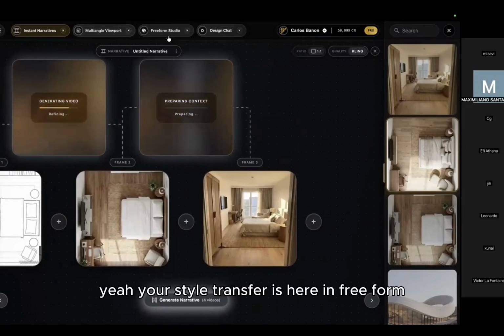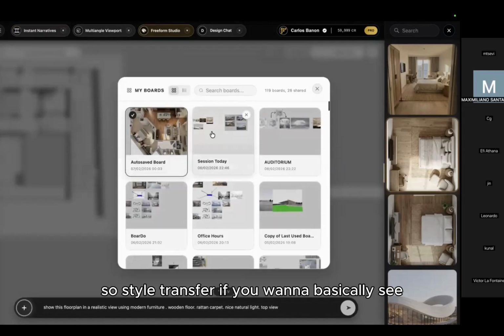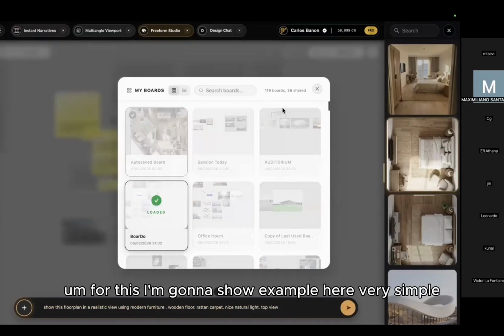Can you also show style transfers? Yeah, your style transfer is here in Freeform. So a style transfer, if you want to basically see. Can you pick one of these first? Yeah, I mean, for a style transfer, I'm going to show an example here, very simple, but maybe you can